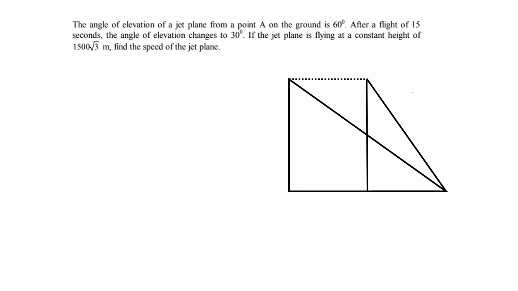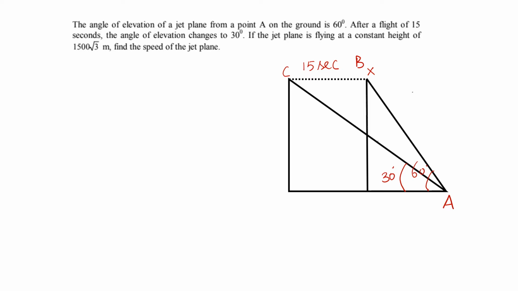So for this, what I am going to take is, they are watching the jet plane from here, A, and the angle of elevation is 60 degrees first. And this is the first point where the jet plane was there. Now it is from there, and we mark this point as B. From there it traveled to C in 15 seconds. So at that time they are watching the plane at an angle of elevation of 30 degrees.